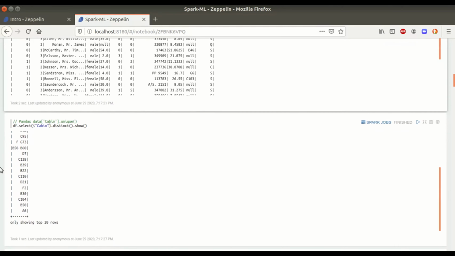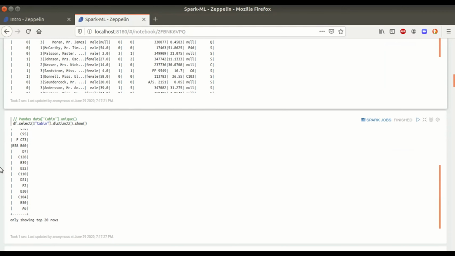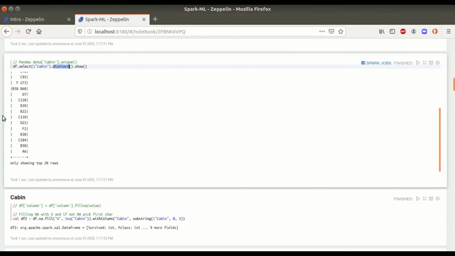Now if I want to find the distinct values of a particular column using the pandas package of Python, we were able to do it by using the unique function. But in Spark, what we have to do is first select that particular column and then apply a distinct function. This particular syntax is followed in Spark while doing data analysis. So there are minor differences with respect to pandas.